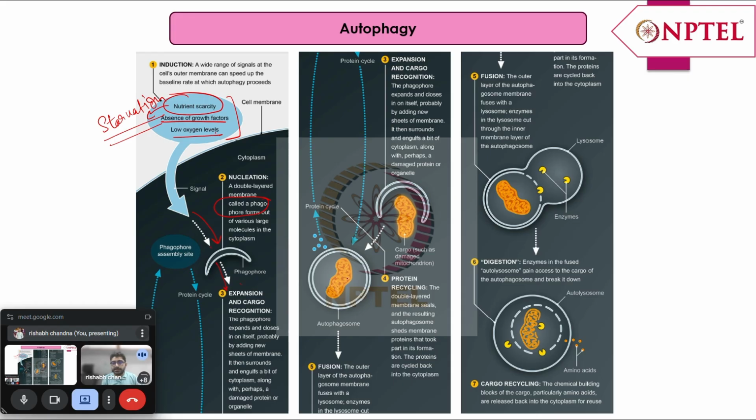For example, here it is the mitochondria, damaged mitochondria. So it will start expanding its size, surrounding that particular mitochondria, and it will surround it. Okay,